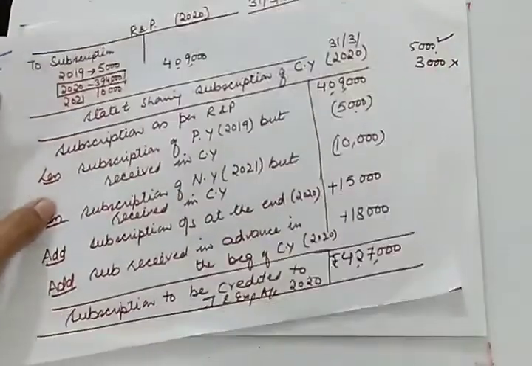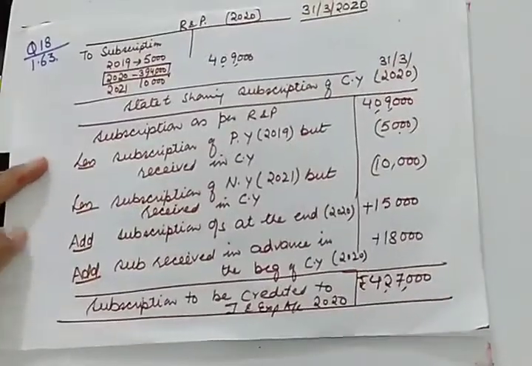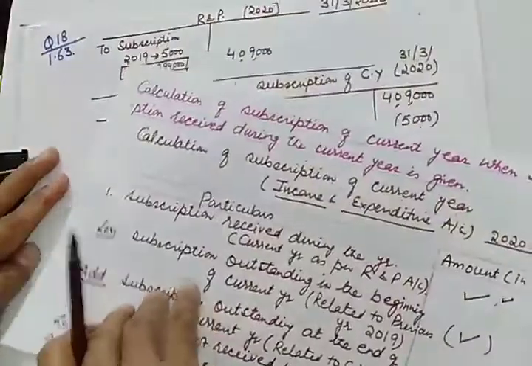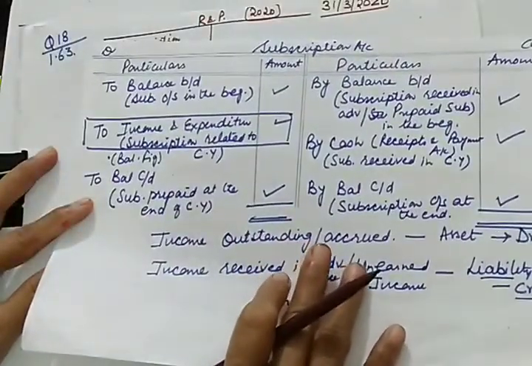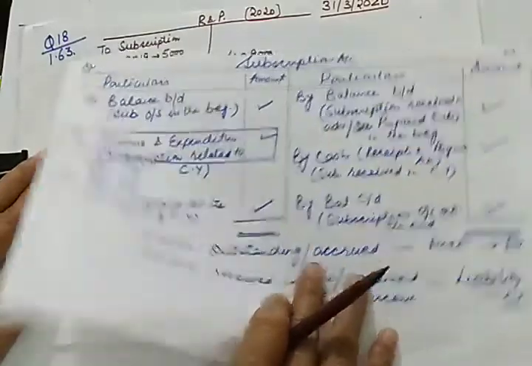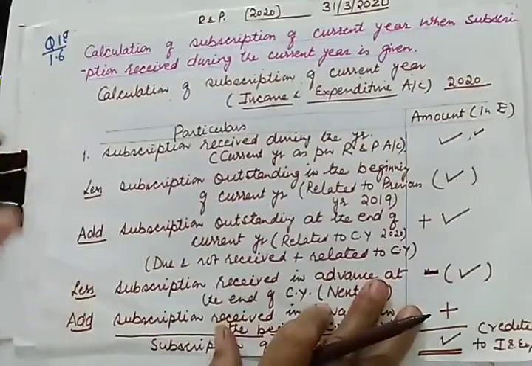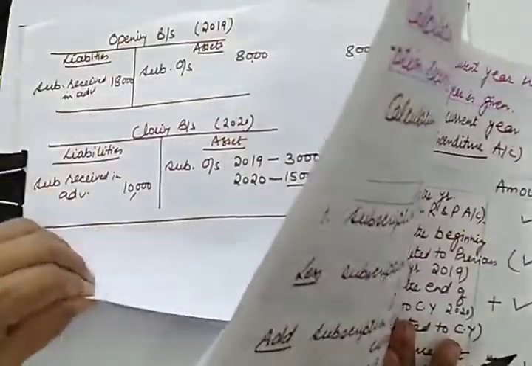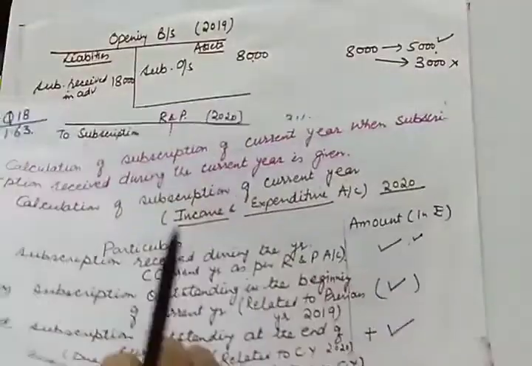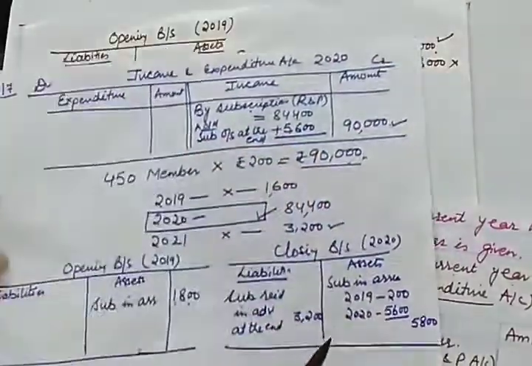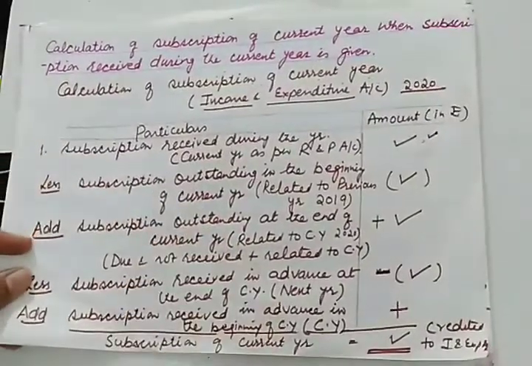So in the next lecture we'll be doing more numericals of subscription, and we'll be showing that the results through statement and through this subscription account will be same. So I hope the treatment of subscription, what is to be added, what is to be deducted, this revision exercise must be clear to you. We did question number 17 of T.S. Grewal's book as well as question number 18. So both the questions must be clear to you, and how the items are to be shown in the balance sheet. So that's all for today. Have a nice day.